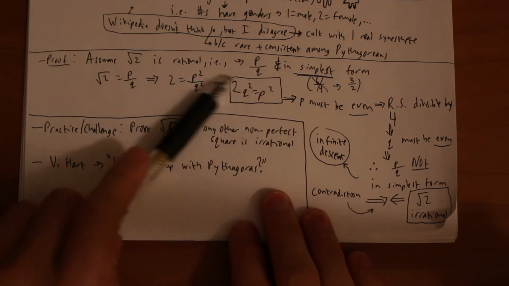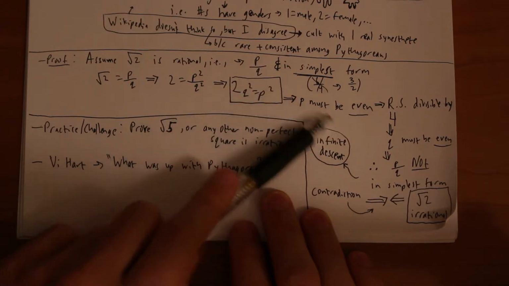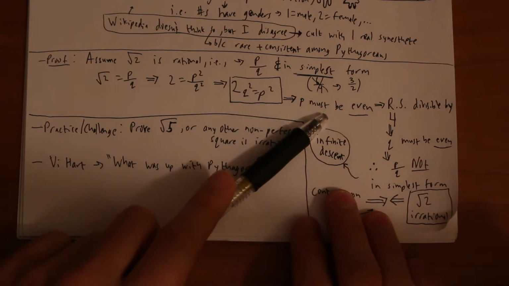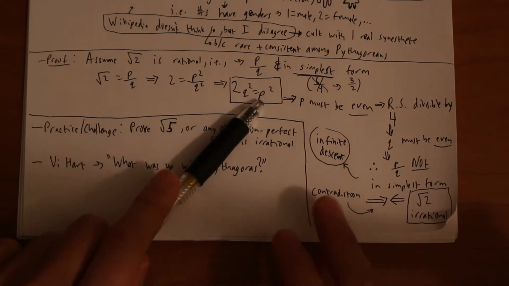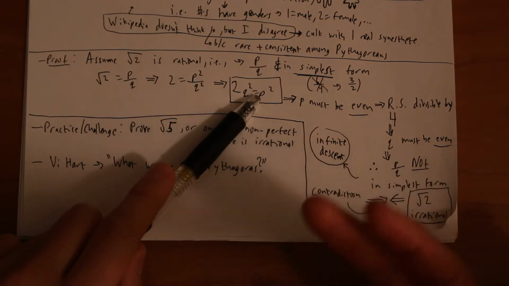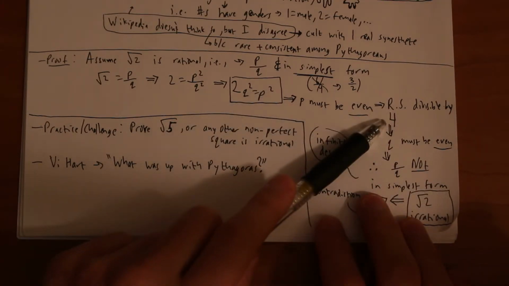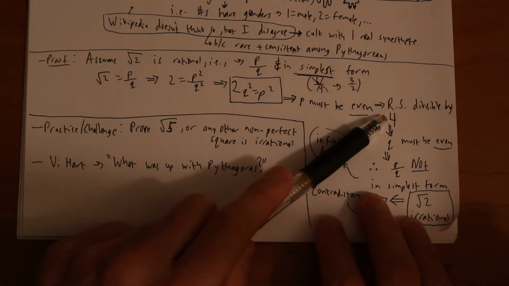If the left side is even, the only way to get the right side to be even is to have p be even. So that's this part. Now, since the right side is even, it can't just be divisible by 2, because we're squaring some even thing. So that's going to pop out 2 2's, which gives us a 4. Therefore the right side is divisible not just by 2 but by 4. At least 4. It could be more.